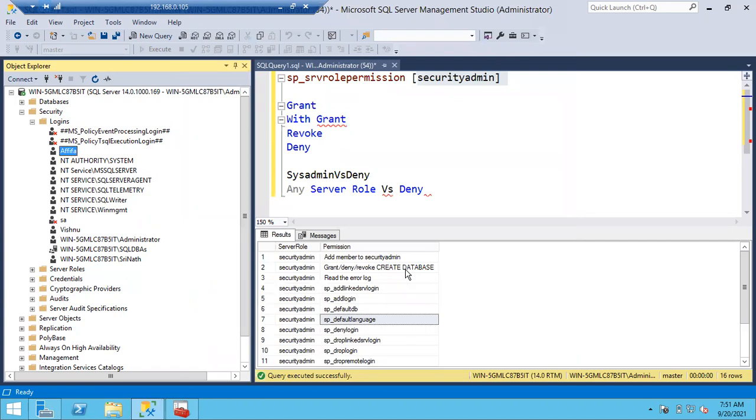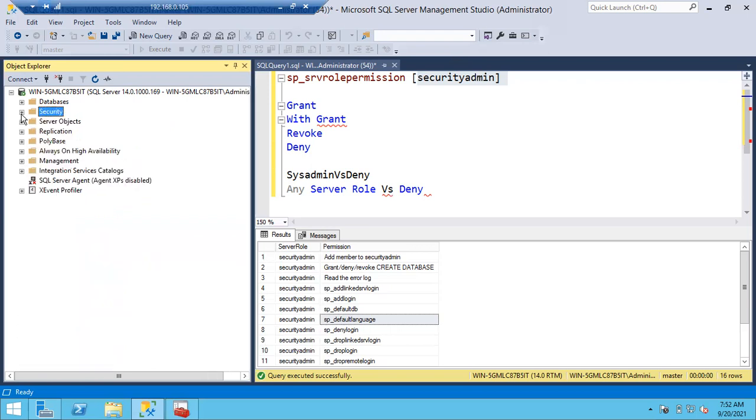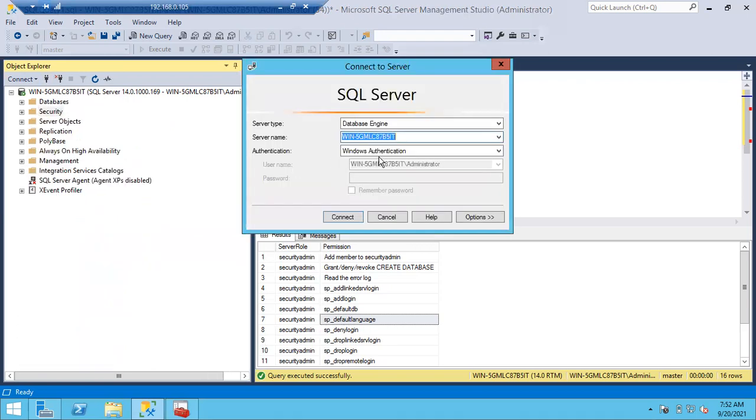Afifa is a member of server admin, and Afifa is a member of the app dev server role. Shutdown permission was denied in the app dev server role. So indirectly, Afifa has a deny for shutting down the SQL server, but she's a member of server admin. Can Afifa shut down the SQL server or not? Just try it. Sir, she cannot, because she has a deny on shutdown. Very good. That's why she cannot do the shutdown.